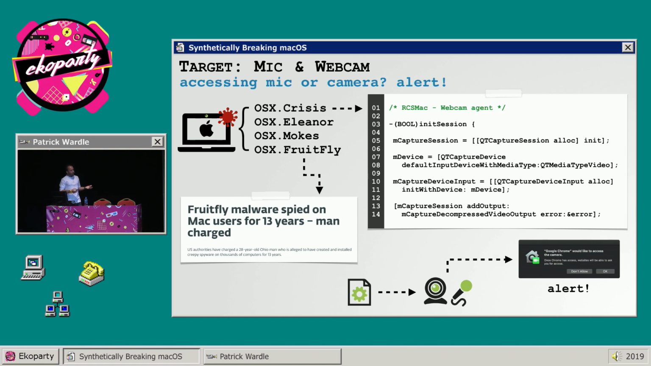Next up is mic and webcam access. Starting with Mojave, if any program wants to access the microphone or the webcam, this action will be blocked by the operating system until the user explicitly approves this via an alert, which we can see on the slide. This, again, is a great idea from a security point of view, as lots of Mac malware has targeted the